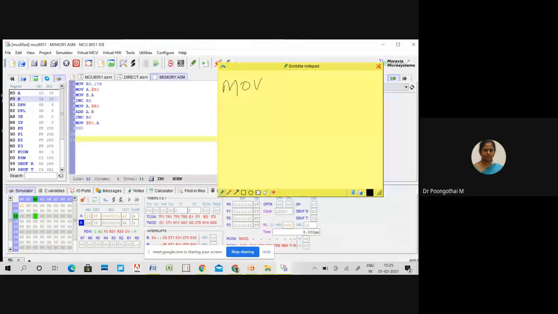Move R0 comma hash 10, move A comma at R0. So the purpose is we are moving the data available at 10 to the accumulator. Now this symbol is not present.